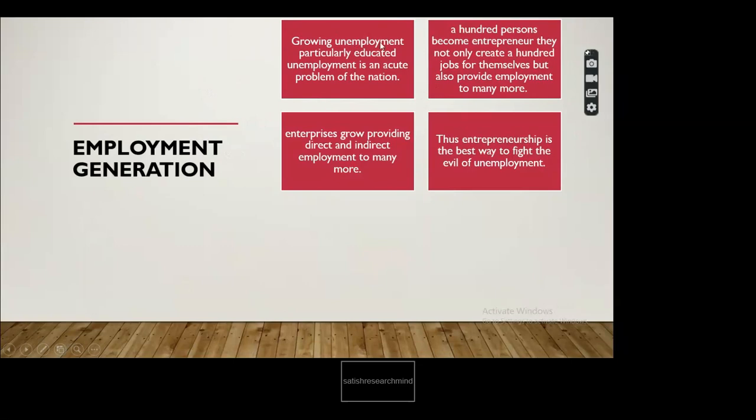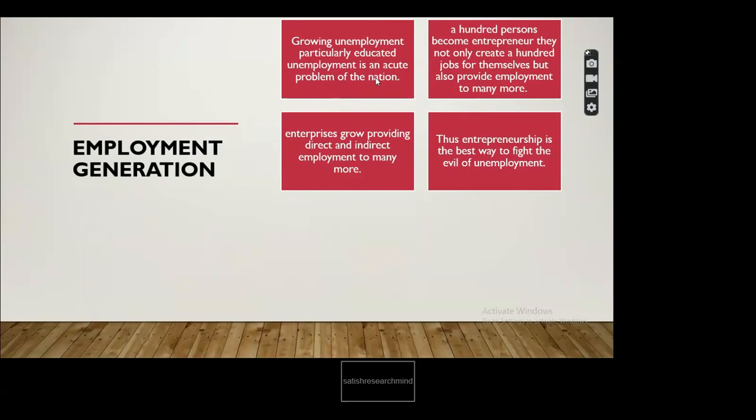There are mainly four important issues under employment generation. The first point is growing unemployment, particularly educated unemployment, which is an acute problem of the nation, right? Day by day unemployment is increasing, so our economy is decreasing. Why? What will happen in the future? Why is unemployment increasing? Who is responsible? What is the problem of the nation? Why unemployment in India after 74 years of independence? These are all major problems of India